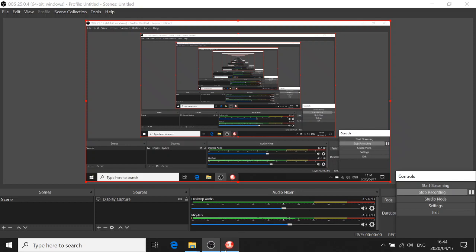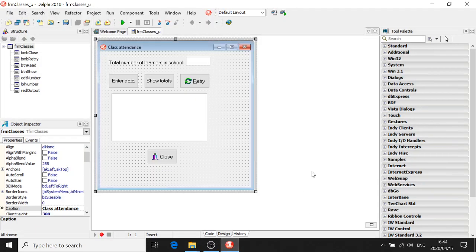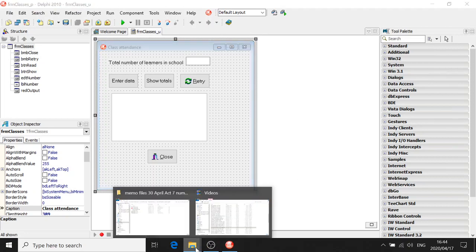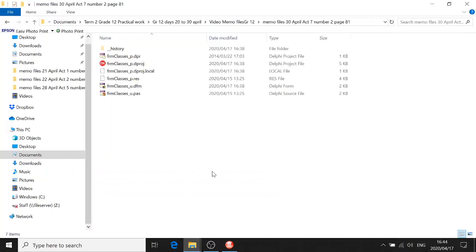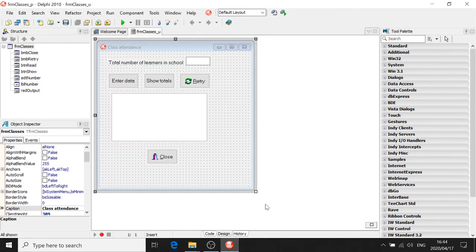Hello, grade 12, your first activity using a 2D array. And this is quite a nice one. Just need to be very careful about how we're going to deal with it. It's activity 7, number 2 on page 181. So, first of all, we don't have an array declared, and if you look at the question, you'll see a